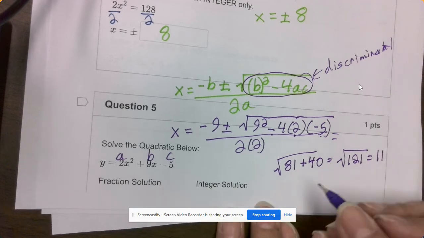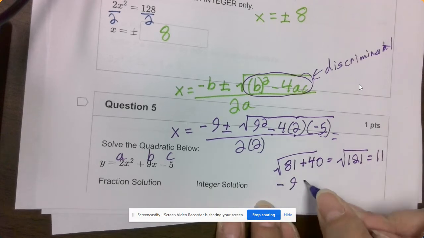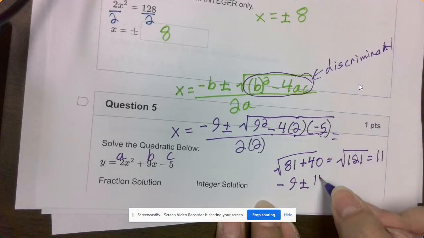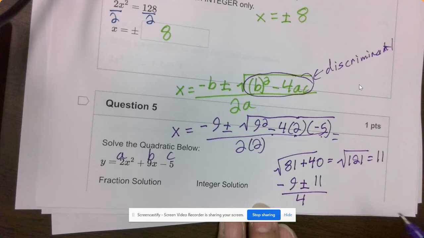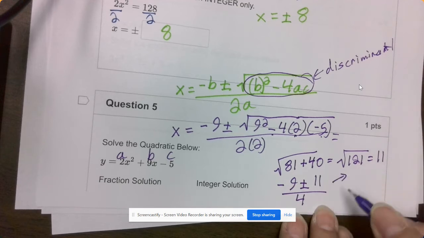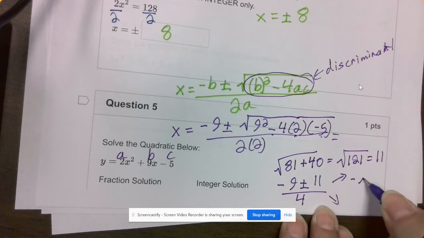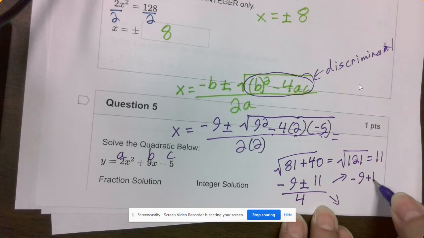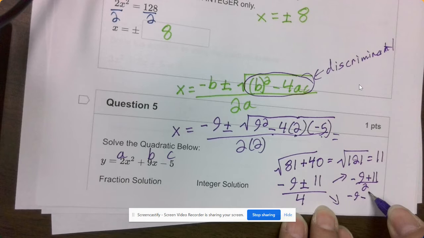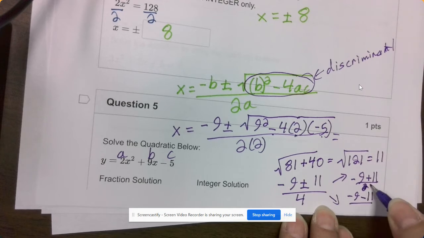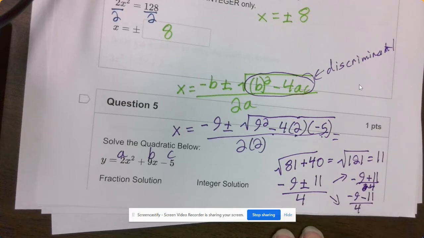So now we're going to have negative 9 plus or minus 11 all over 4. 2 times 2 is 4. Okay, so it means we have two solutions. So we have negative 9 plus 11 divided by 4, and negative 9 minus 11 divided by 4. Okay, so if you're going to put it in the calculator,